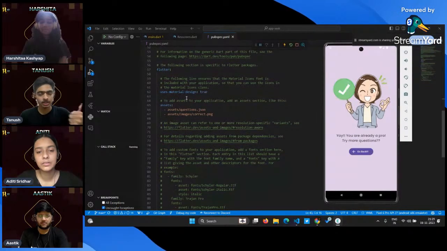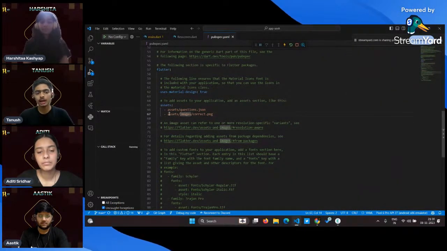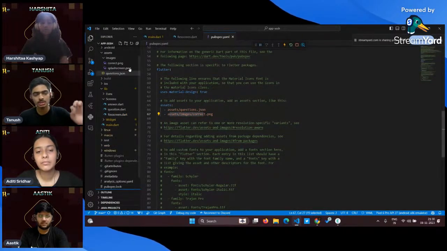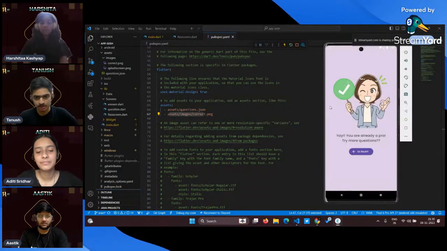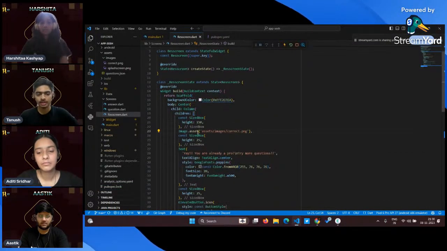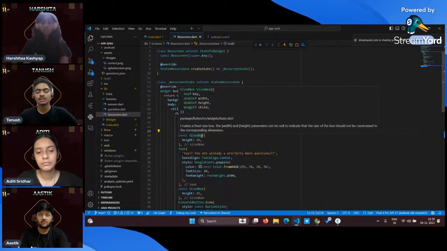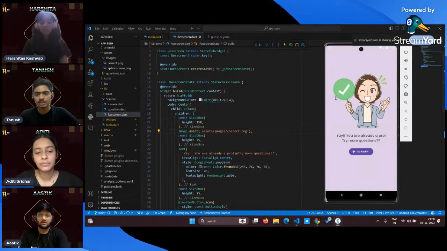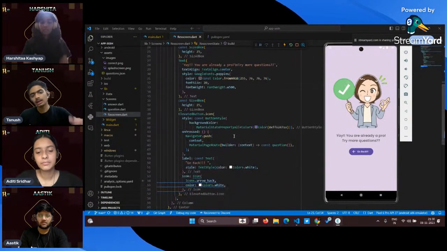that once you go to the pubspec.yaml file, you go to the assets part of it. In the assets part, you need to add the path of the image that you have stored. So, for example, this image has been stored here in the assets folder, images, and the name of the image is current.png. You add the path here, and after you save the pubspec.yaml file, you call it in the image using this function Image.asset, and you add the path file. This will display an image right here, and the rest of that is just basic UI elements of the text box